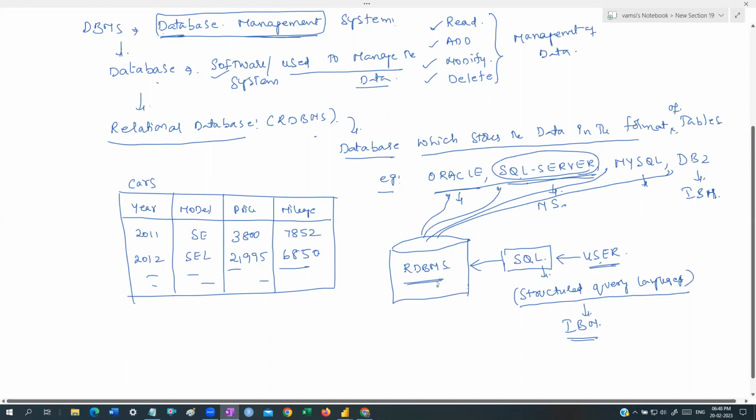Whenever the user wants to connect to any relational database and manage the data, they should use a language called SQL. So don't confuse SQL and SQL Server. SQL is a language used to manage the data in any relational database.